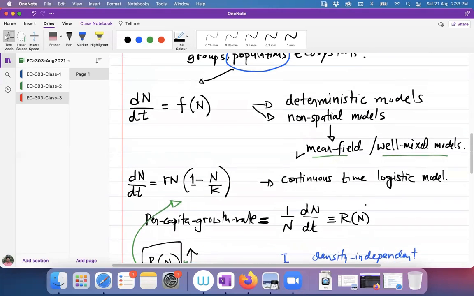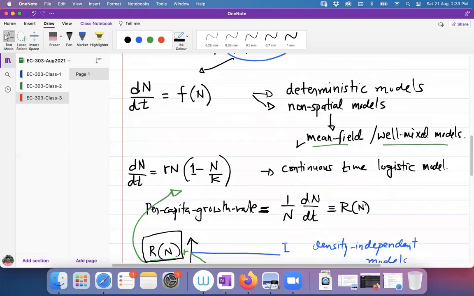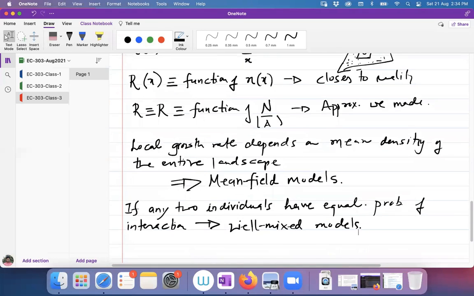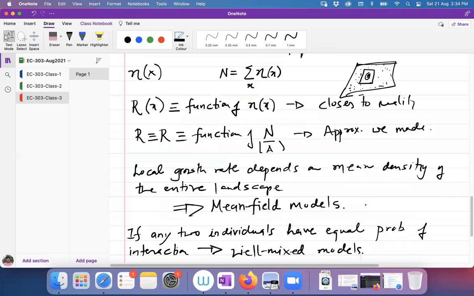Okay. So do you have any questions on this? So when we talk about that well-stirred system, this property is satisfied, right? The last one that you spoke about, that there is equal probability of interaction of any two individuals. If you stir well, indeed, yes. You stir well so that any two individuals, independent of the distance, have equal probability